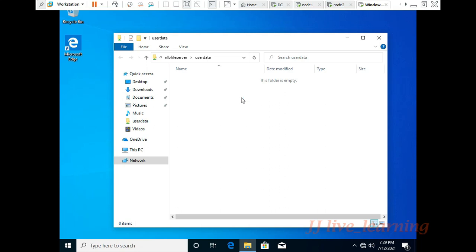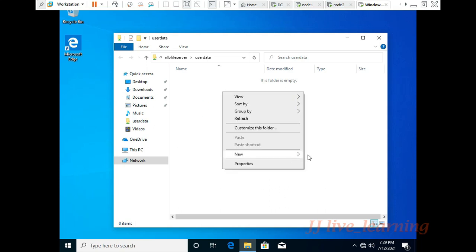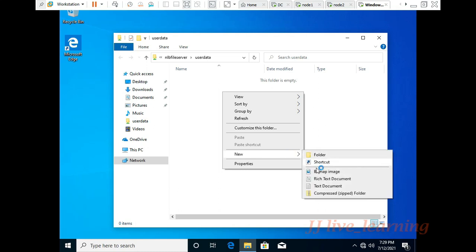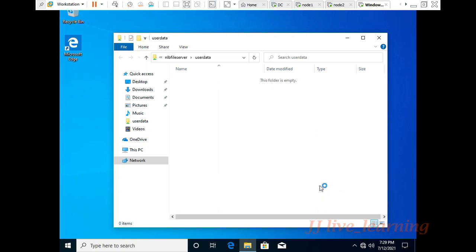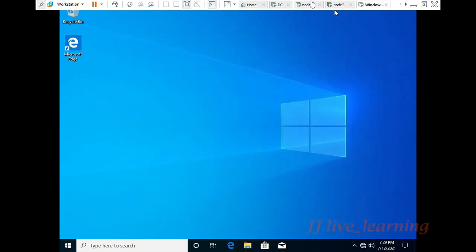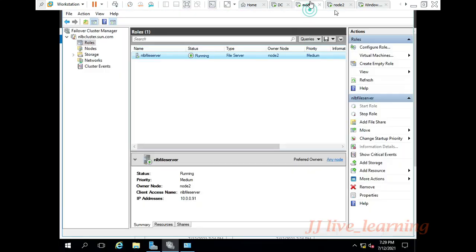Now we are putting a file on your client. So file 1. This file will be stored on node 2, not on node 1.